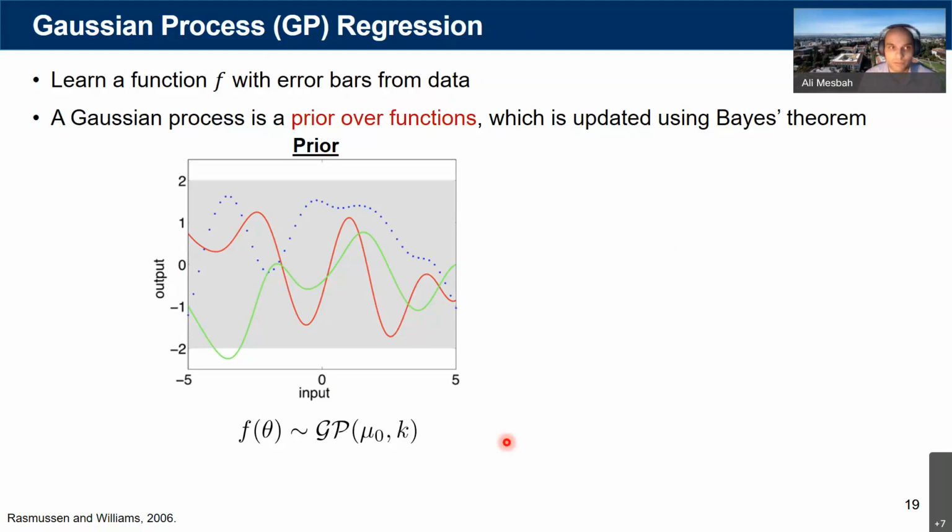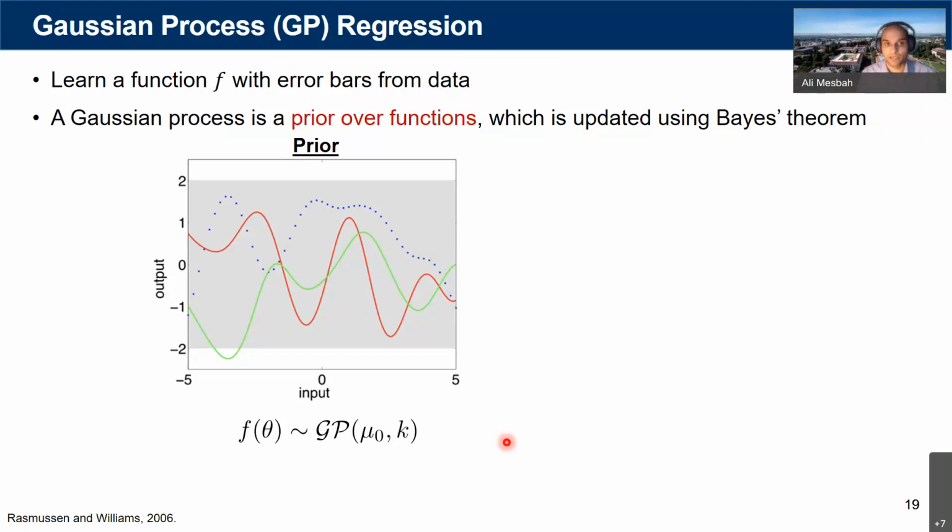So, as you probably know, a GP is a non-parametric, non-linear regression approach, and the goal in Gaussian processes is to learn a function with error bars. So we are not only interested in using data to learn some state and input dependent function, but also we want to characterize our confidence in the function, meaning that we want to establish the uncertainty or the confidence bounds around the function.